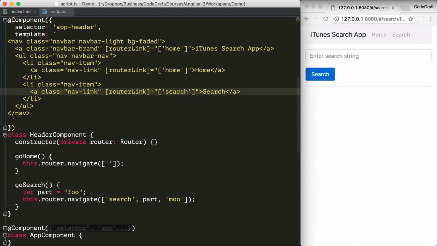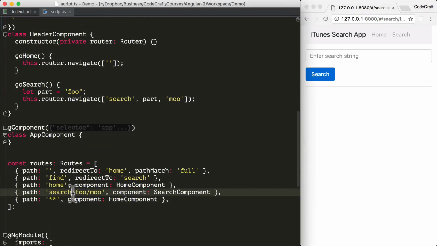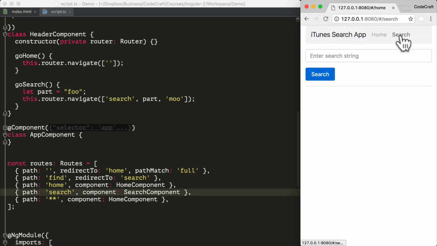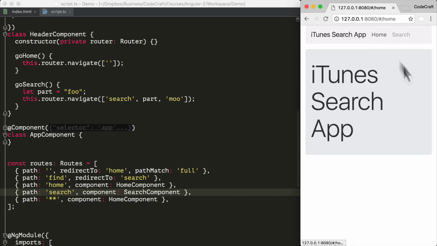So the router link directive takes as input the same link params array format that we've used previously in the router.navigate function. And actually, let me also change the path here back to what we were using before. And now, let me go home. Just let me refresh. So now if I navigate to search, I get shown the search component again, and again home shows me the